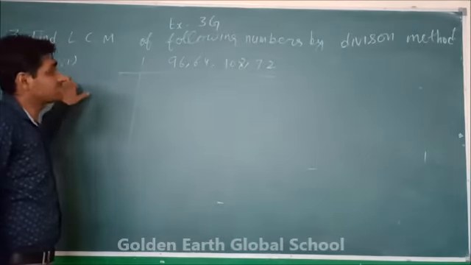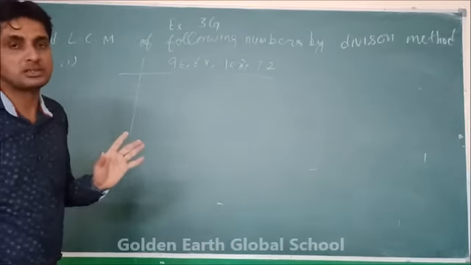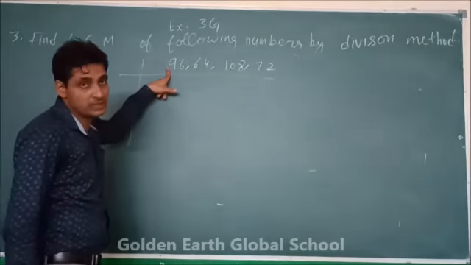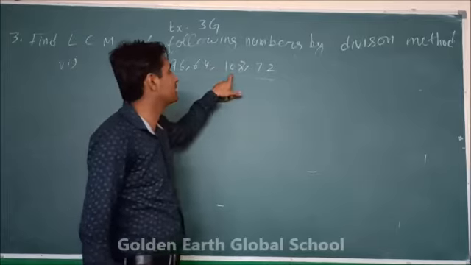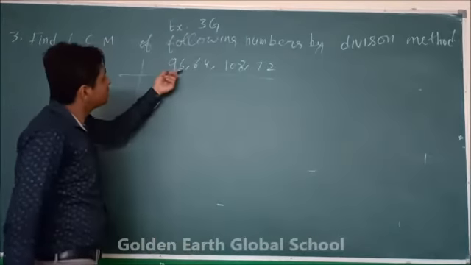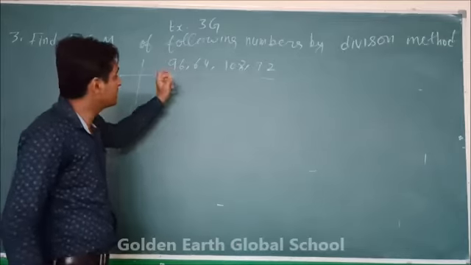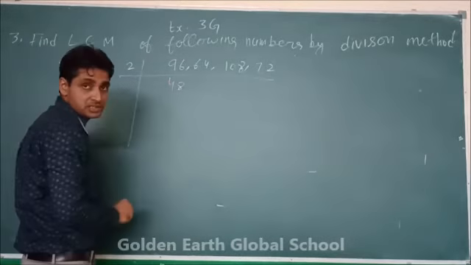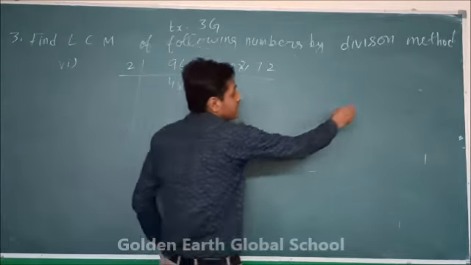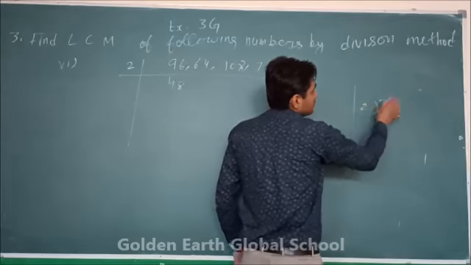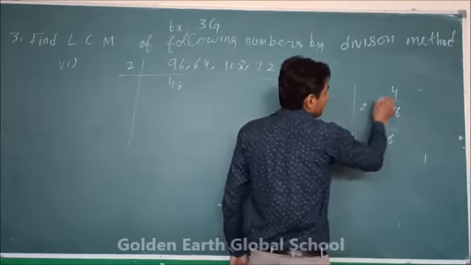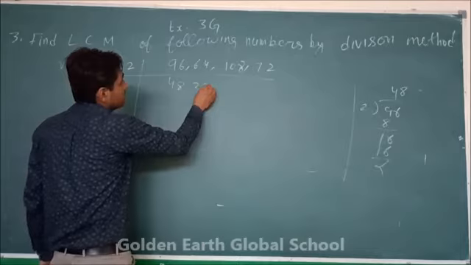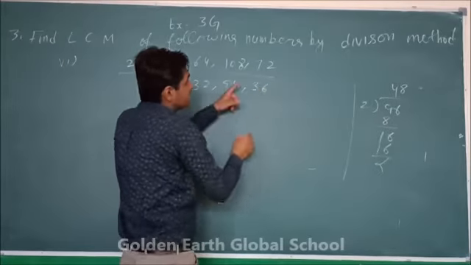Now I am solving the last part. I am solving very difficult parts. Or other parts you have to solve yourself. Okay, so look at the last part. We have to find out the LCM of 96, 64, 108 and 72. So you have to find out the smallest divisor. Okay, so that is 2. Okay, so 2 48 is 96. If you don't know how to divide, so do a rough job. Okay, so 2 4 is 8. Okay, then 2 8 is 16. Okay, but don't create a mistake. Okay, so here is 32, here is 54, 2 36 is 72.